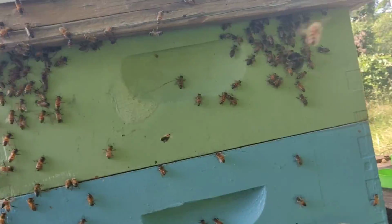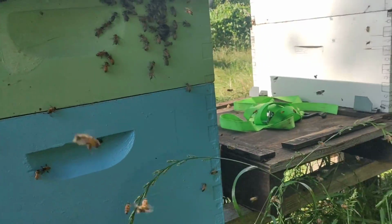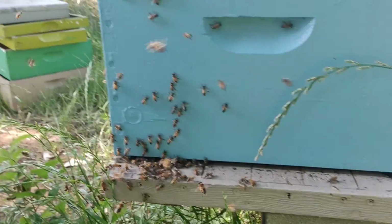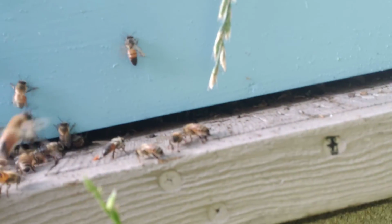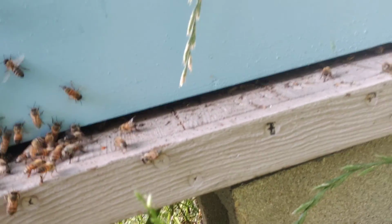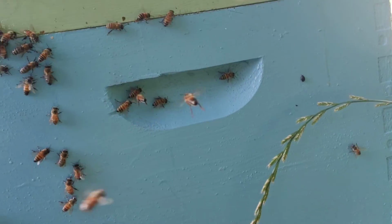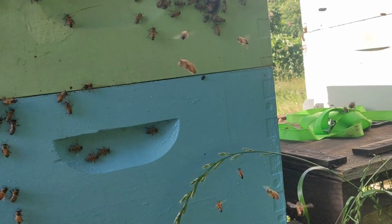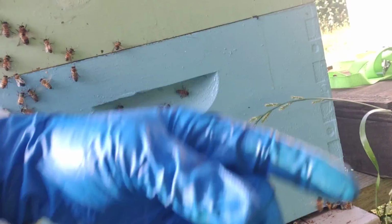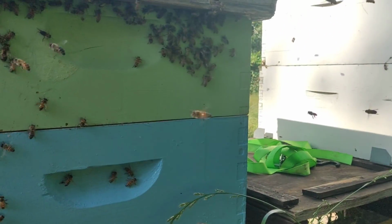Now, once all those bees scatter, they will start to wonder where they need to go. So they will start to gather onto these entrances. You'll see bees sort of just hanging out in general in all spaces and crevices and spots. They smell all their sisters in here. Ooh, that's a hive beetle. We don't like them. I usually squish them when I see them. But anyways,